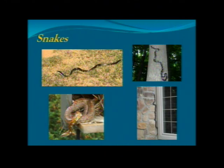I start reaching in to pull the old nest out, and I grabbed onto another corn snake. And it wasn't too happy when I dropped him on the ground. He coiled up right away and started striking, but they're non-venomous. Same thing with the rat snakes. They're not venomous. The upper photo on the left,